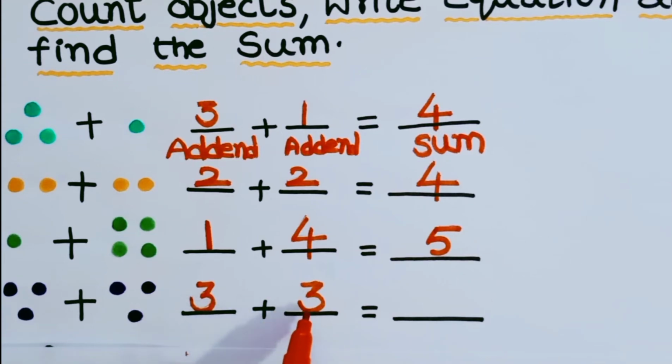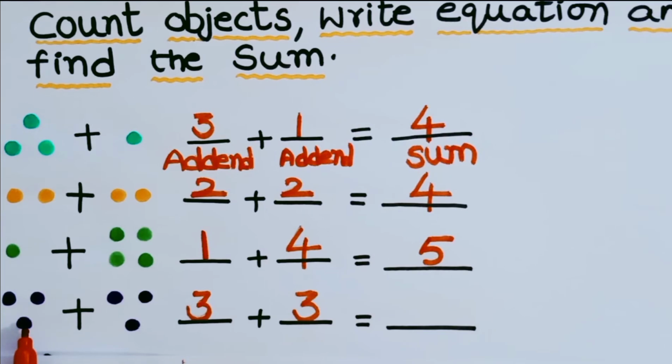We are going to add 3 to the number 3. So if we add 3 to the number 3, how much do we get? Just count the total number of circles. 1, 2, 3. After 3, what are the next 3 numbers? After 3, it is 4, 5, 6. So the addition of 3 and 3 is 6.